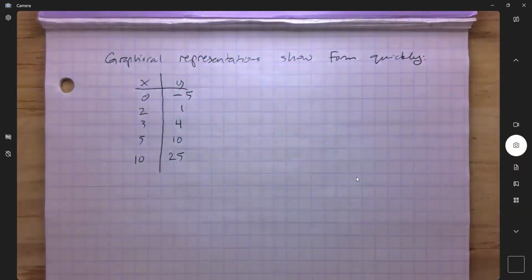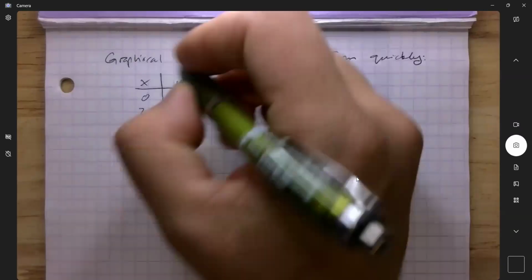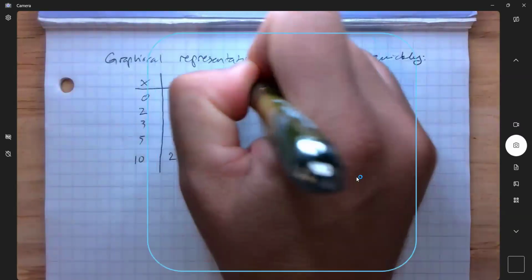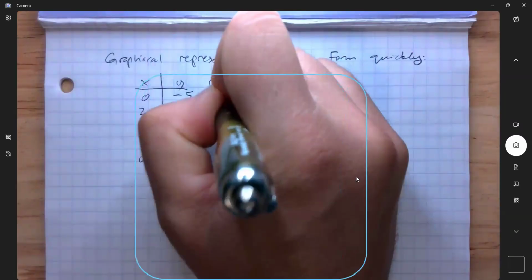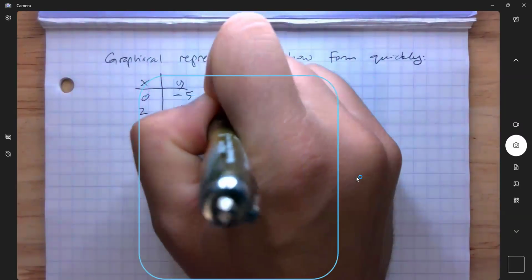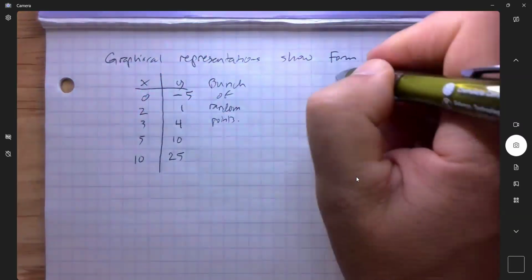Now, I created these, and I think I did it right, but I would not expect anyone just glancing at that to say, I know what form these coordinate points take. I know that they're in a line or in a curve or go back and forth. They just look like a bunch of random points. But when we put them on a graph,